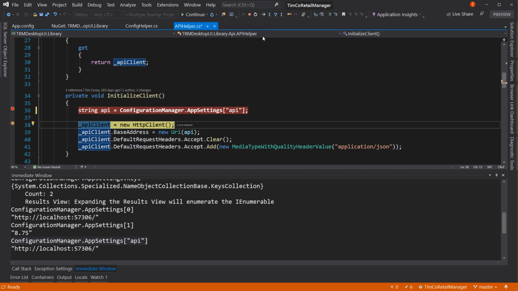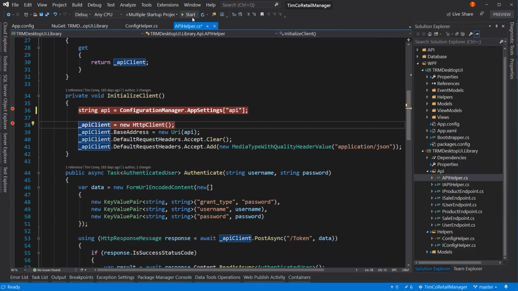And API does have a null value. Let's start over. We're going to put a breakpoint right